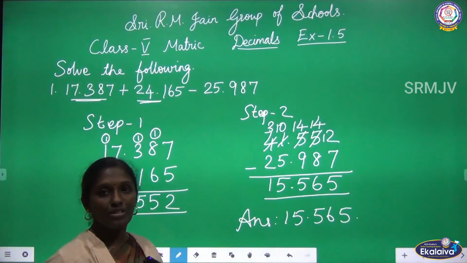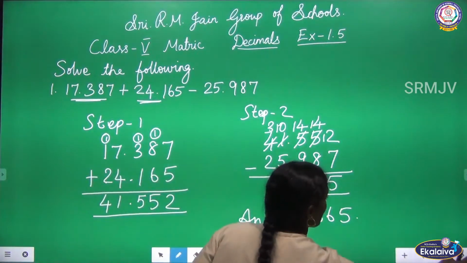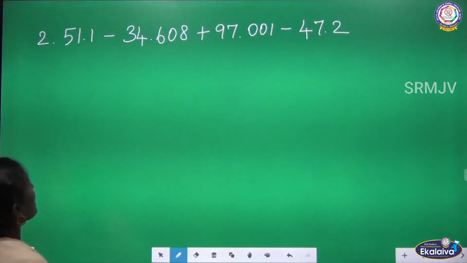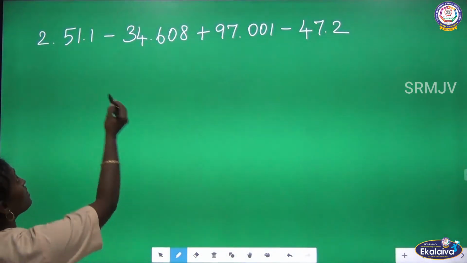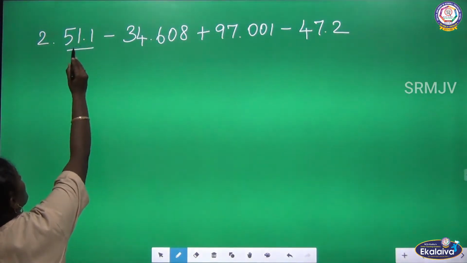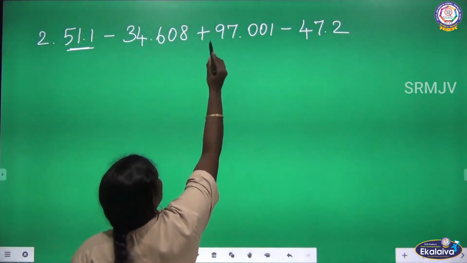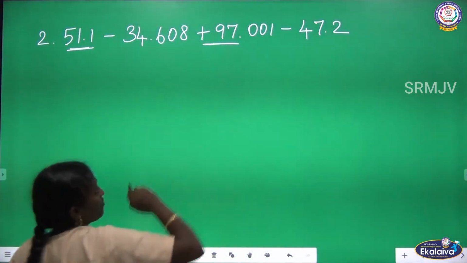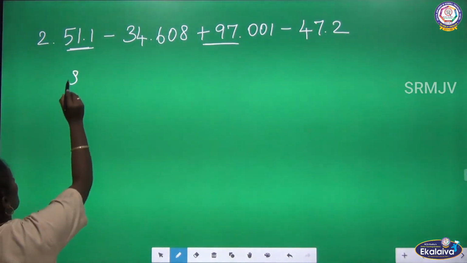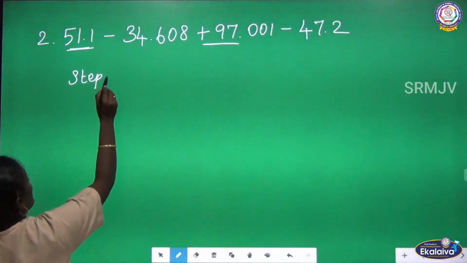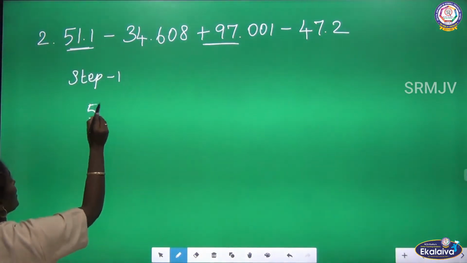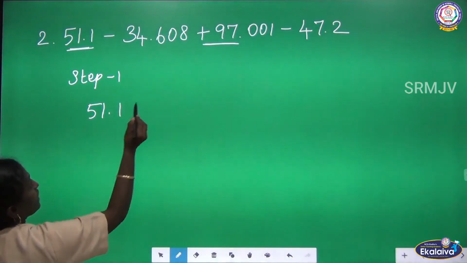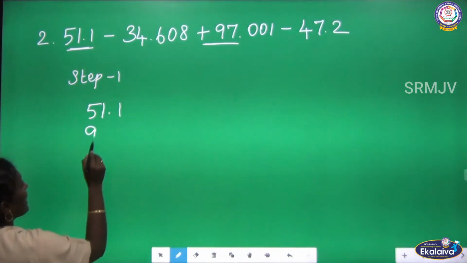After that, we have to subtract the number. Okay. Then the next question. Here we are having 4 numbers. In step 1, we are going to add the first number and the number which has plus symbol. Okay. So step 1, 51.1 and the number